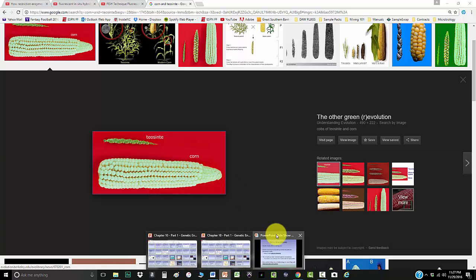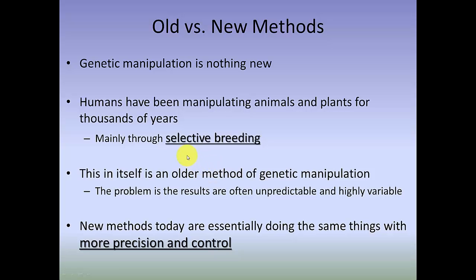So this is the idea of selective breeding, and it's generally considered natural, and it gives, again, all these highly modified versions of organisms. To put the modern version in context, they're doing the same kind of modification, except with a greater amount of precision and control. And the difference is that you have a lot more precision over what you're doing, as opposed to some of